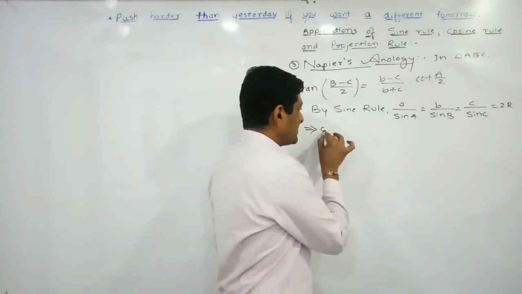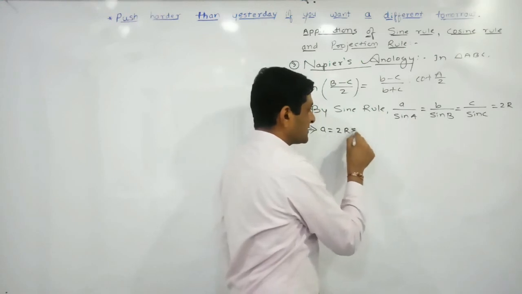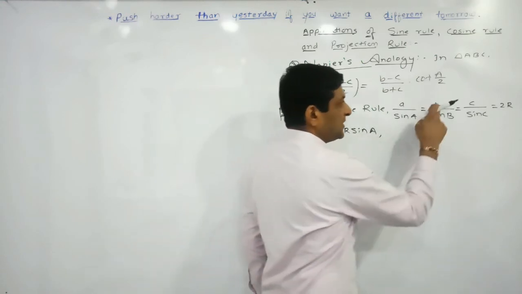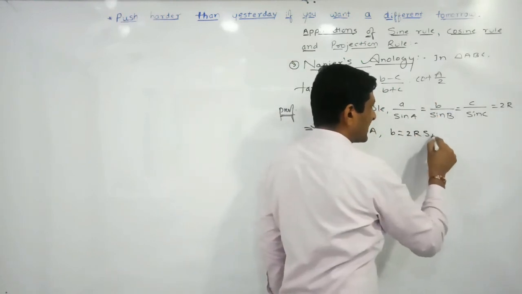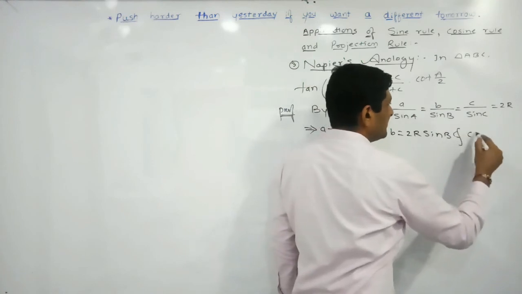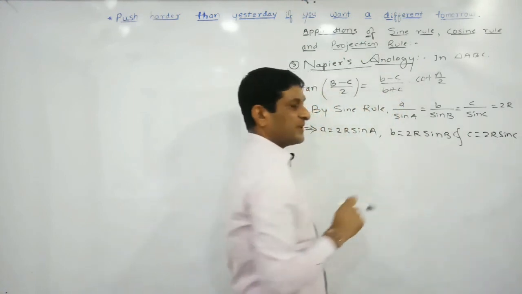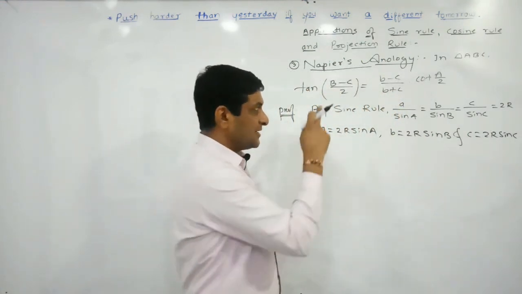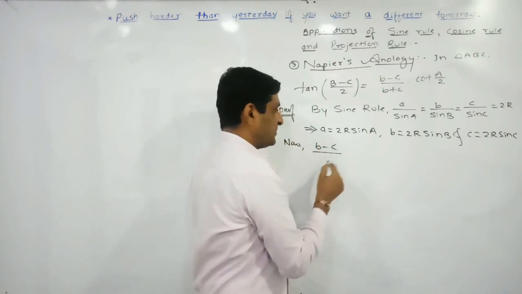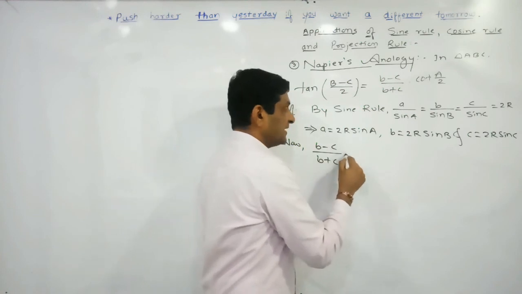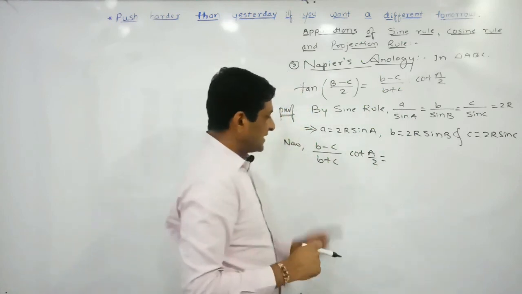Which implies that the value of a is 2R sine A. In the same way, b will be equal to 2R sine B, and c will be equal to 2R sine C. Once the values of a, b, c are known to us, now consider the right hand side: (b minus c)/(b plus c) into cot(A/2), which is equal to